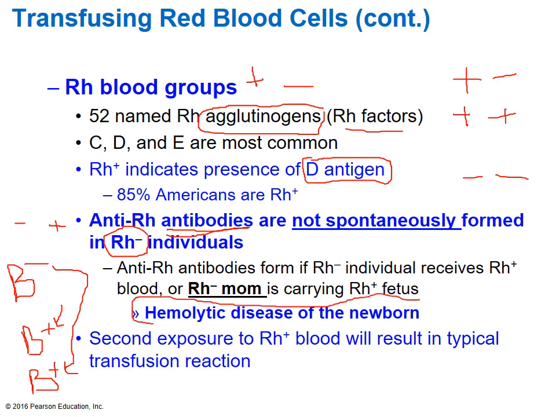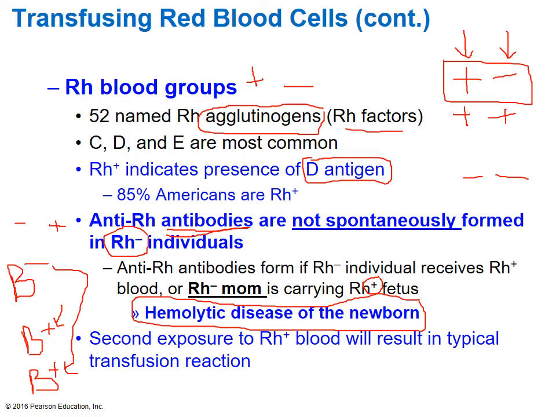And hemolytic disease of the newborn is when the mom is Rh negative and she carries a fetus that's Rh positive. And this can happen because, remember, in order for you to be positive, you just need to receive one receptor. So dad can donate the positive and mom gives the negative, but the baby will then be phenotypically positive. Let's go ahead and switch over to the next slide, and let's talk a little bit more about the hemolytic